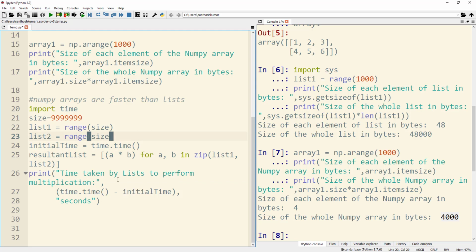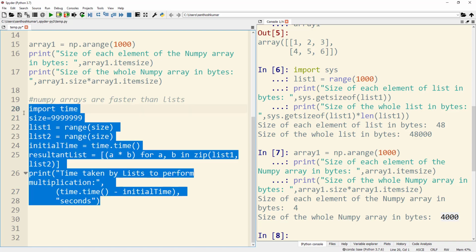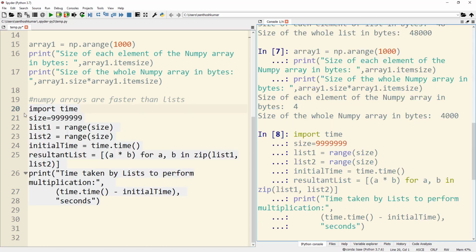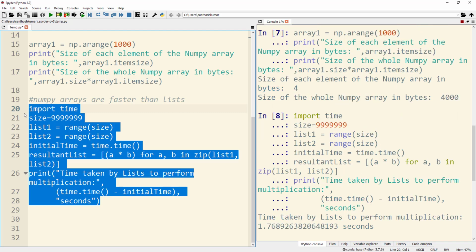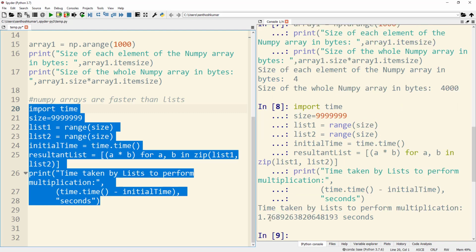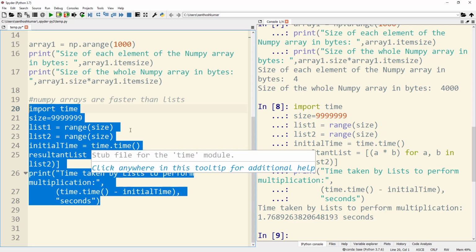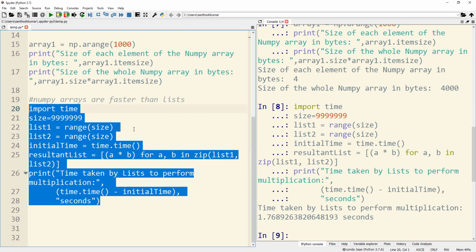For that I am taking the current time after the multiplication is completed, and subtracting the initial time from it, and then I am executing this piece of code. So this is running now, and it took 1.7 seconds for this list multiplication to complete.